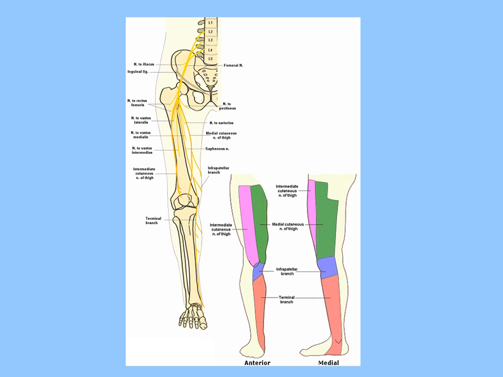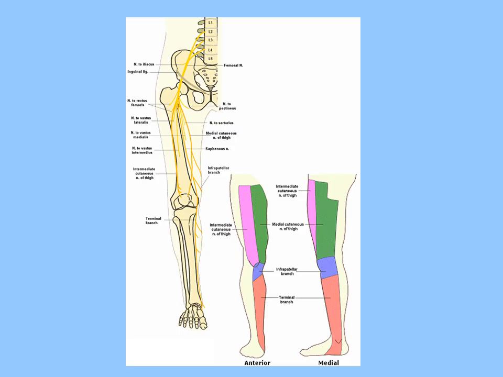On the way through the pelvis, the femoral nerve runs between the psoas major and the iliacus muscles and provides motor innervation to both of those. In general, the femoral nerve innervates both flexors of the hip and extensors of the knee. It gives off muscular branches to the sartorius, pectineus, iliopsoas, and the quadriceps muscles: vastus medialis, vastus lateralis, rectus femoris, and vastus